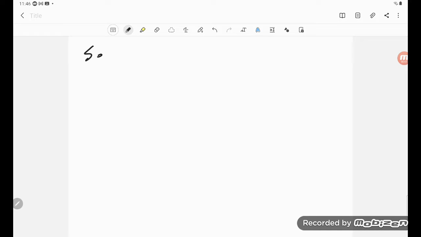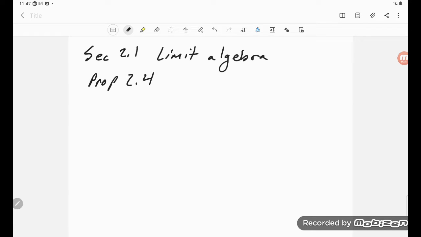Okay, here's some more with section 2.1, limit algebra. Okay, or those limit properties that we know and love. This is all coming from proposition 2.4. Now they do it a little bit differently, I guess, than I would, but so for instance, let me do